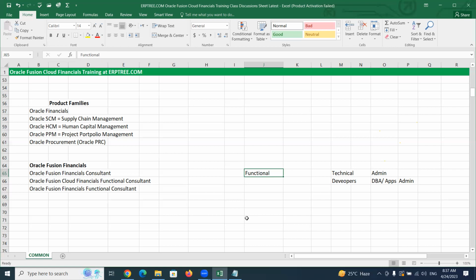But here, because we are going to work as consultants, what we want to allow them to learn, only that we teach them. Okay, how to use it. If you take the example of financials: how to make a payment, how to record a receipt, how to create a supplier, how to create a customer, how to do small activities.